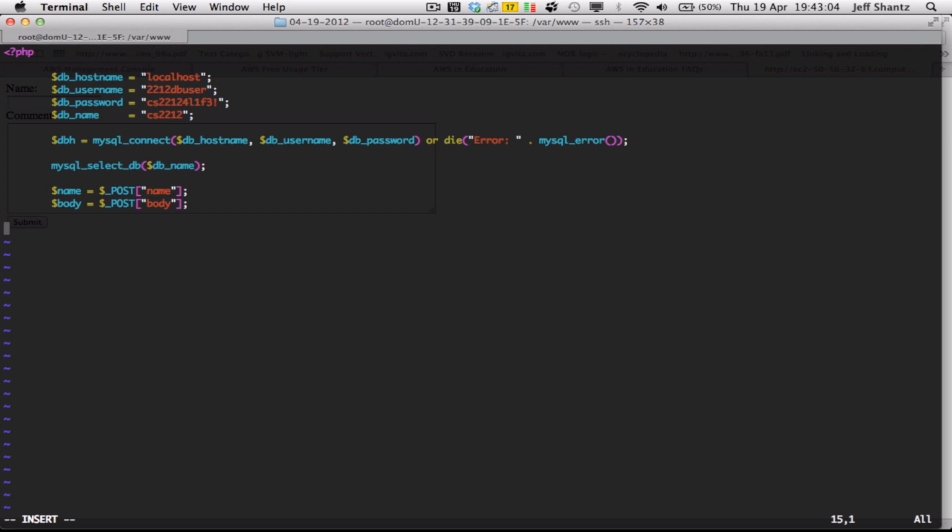Body. And then finally I'll say, try inserting it. Insert into comments, name, body, values, name, whoops, body. Alright, and obviously this is totally insecure. I'm not doing any sort of input validation, so somebody could totally do an SQL injection attack, but this is just for testing. So, assuming that worked, we're going to print out a simple message that says, I don't know,